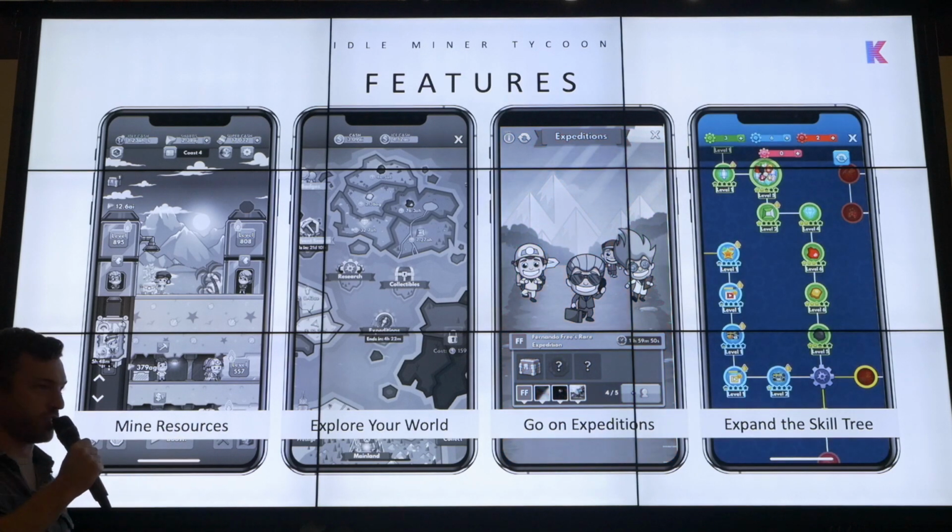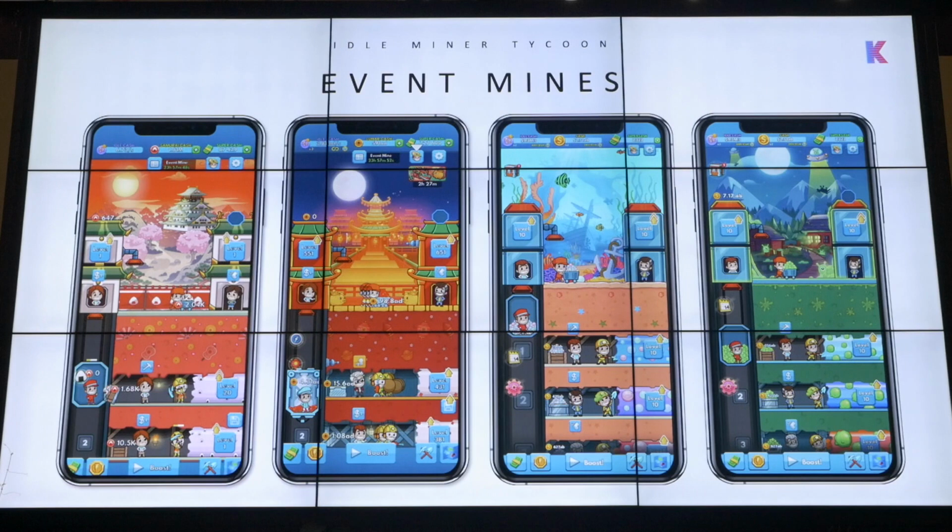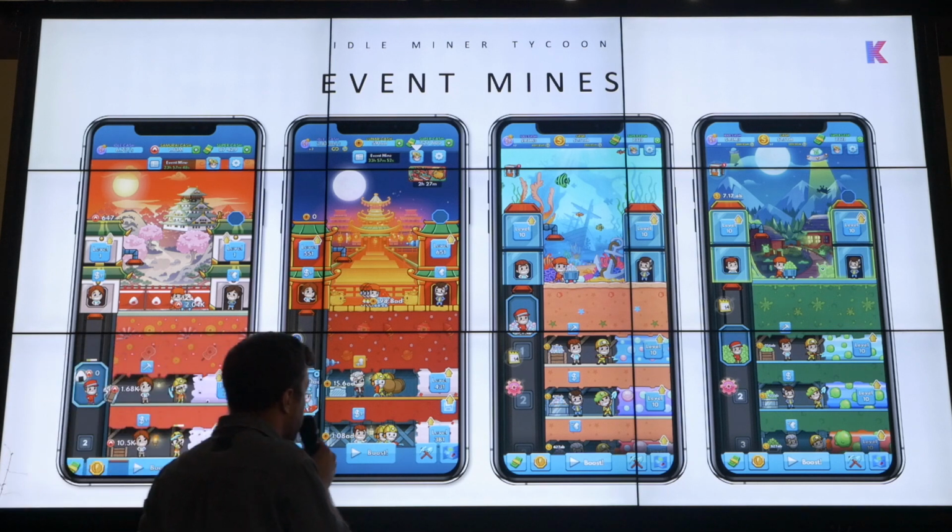Or expand your skill tree. We added this on a year and a half later, and this is where the metagame begins to take off. All right, expand your skills, get all the power-ups. This can come later. So as I mentioned, nobody wants to mine bauxite, so we thought we'd get really clever,